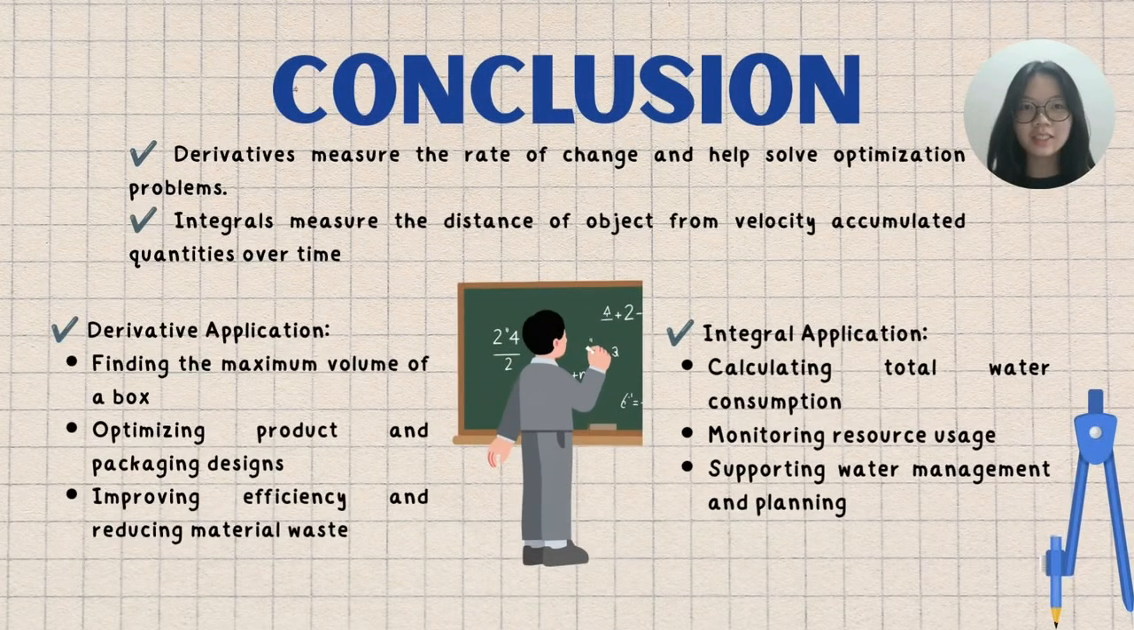To conclude, derivative and integration are two important parts of calculus. Derivatives measure the rate of change and are widely used to calculate velocity, acceleration, and solve optimization problems such as finding the maximum volume of a box. And also, integration measures total accumulation and is used to calculate distance from velocity and also total water consumption over